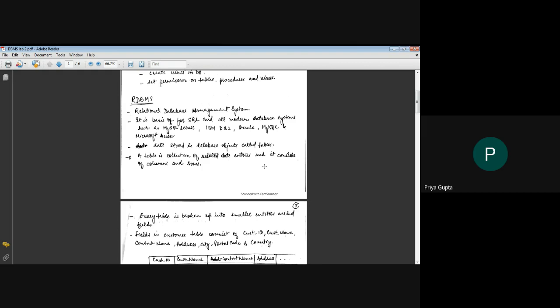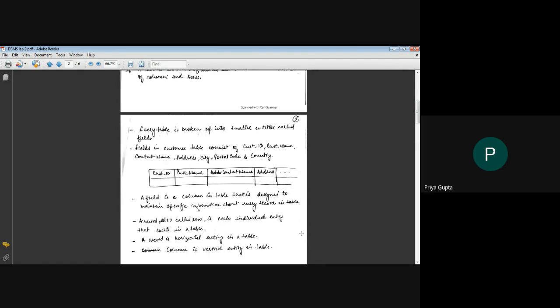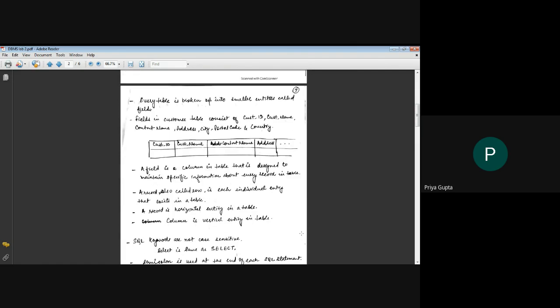A table is a collection of related data entries and consists of columns and rows. Every table is broken into smaller entities called fields. For example, here is a table named customer. The fields in the customer table are customer ID, customer name, contact name, address, city, postal code, and country. These are the columns, also known as attributes.